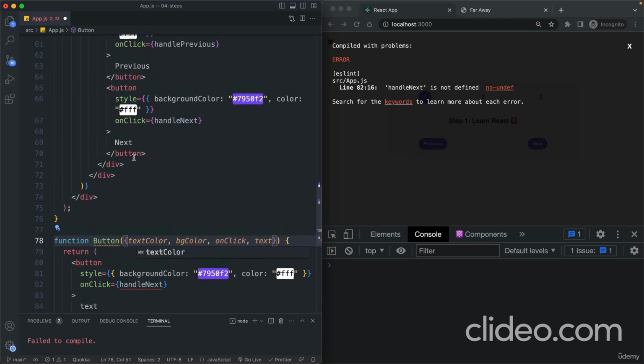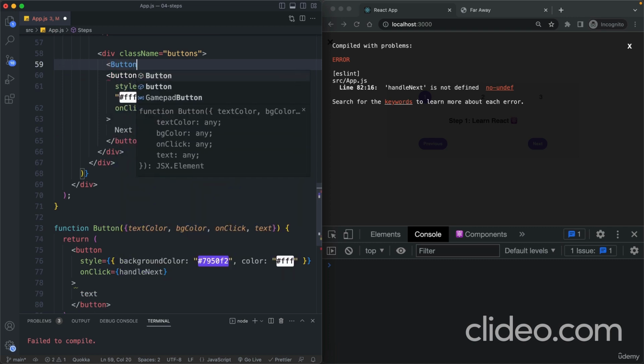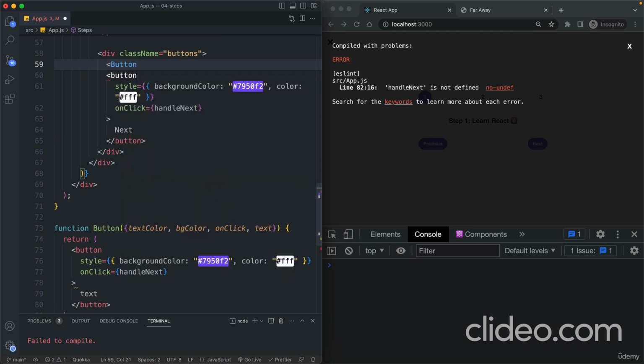And so then here, let's use that button actually. So before we keep working on the button, let's include it here immediately. Let's right away delete this one. And so we use our component that we are building right now. So let's say textColor should be this one here. Or actually that's the background color, of course. So bgColor,